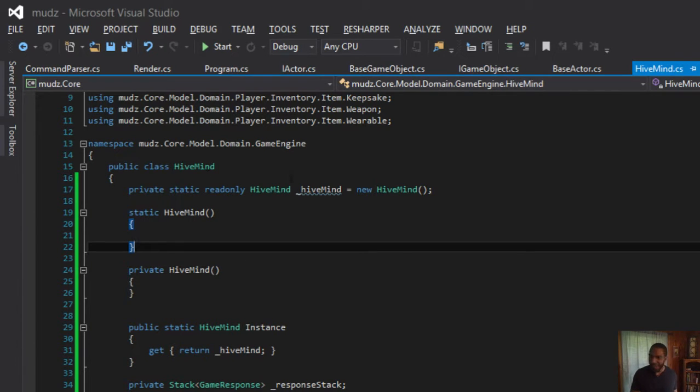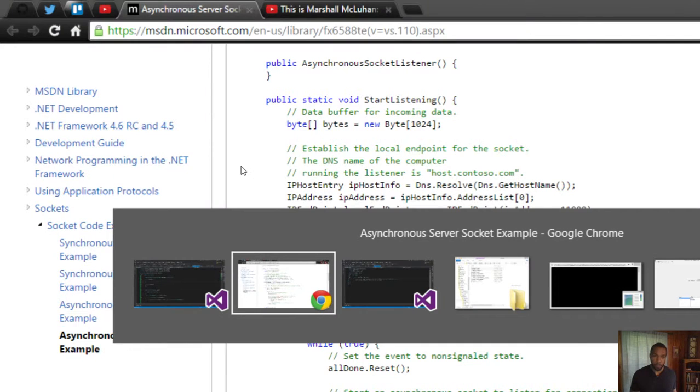Okay, so what does that get us, really? Well, so far, not much, as far as our game being out there in the world of the TCP server, but it does mean once we go to implement this, we can rest assured that all clients will be talking to one and only one hive mind. Okay,